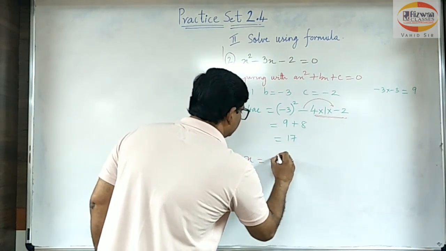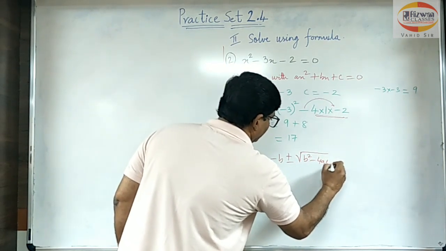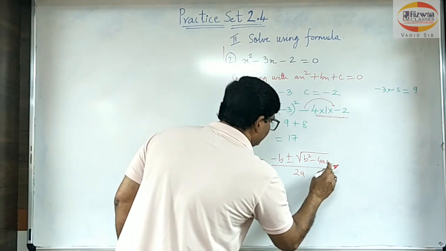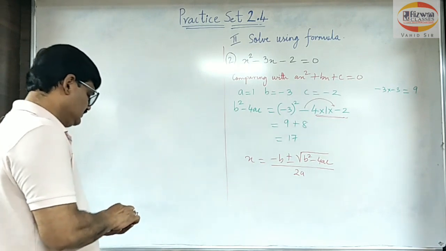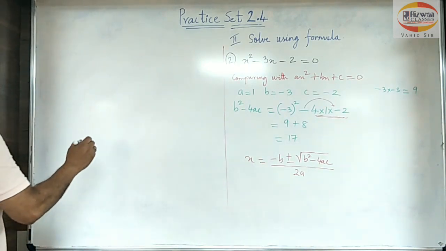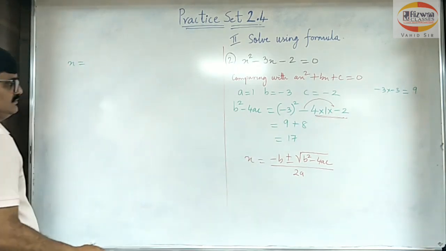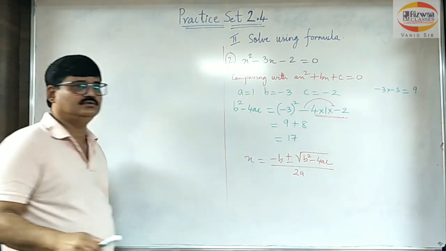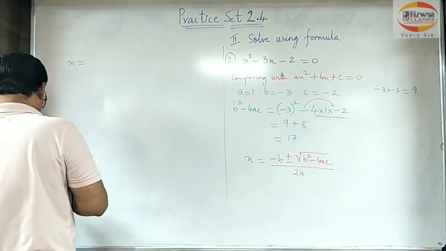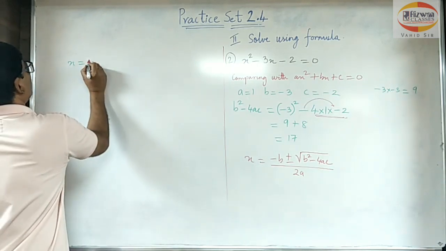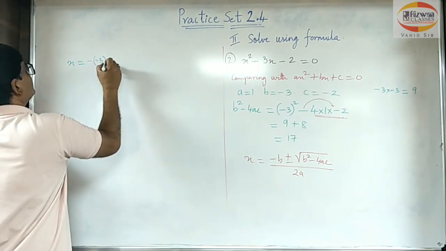x is equal to minus b plus minus root of b square minus 4ac upon 2a. You have the formula coming up this way, upon 2a. Now I have to substitute the values in this formula. So when we substitute, you have to be careful over here. For x, there is minus b, but the value of b already has a minus sign. So check this out carefully. I will be having 2 minus signs here, minus, and here minus 3.